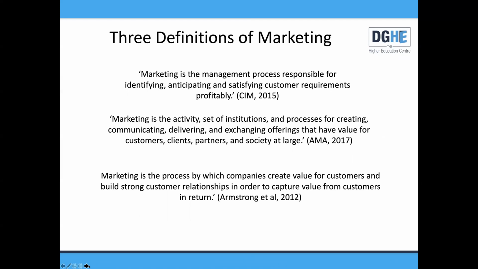And the last one is one of your core textbooks. Marketing is the process by which companies create value for customers and build strong customer relationships in order to capture value from customers in return. Now, you might be sitting there and thinking, oh, what does this all mean? So what I would like you to do is